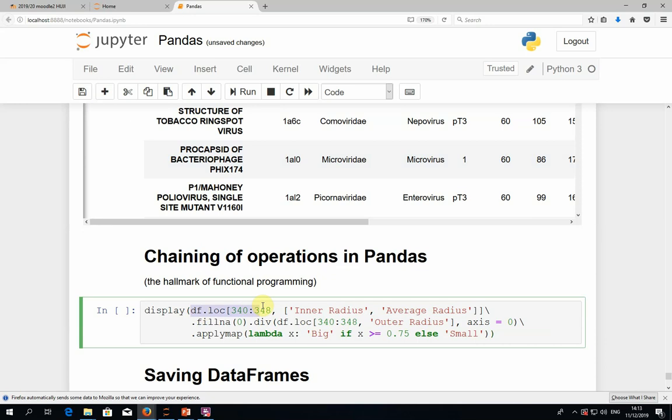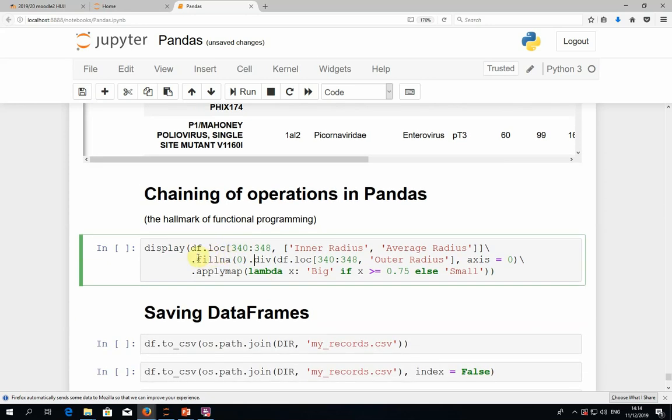So you can see we can first slice some part of the data frame that we might want. So we want, let's say, only 9 specific records, and just the 2 columns, the inner and average radius. And then if it's null, we want to fill it with 0. And then we want to divide that by the value of the outer radius. So we use the div function. Then we can give it a series with the same index. And by stating that we want the axis to be 0, we make sure that the division is indeed